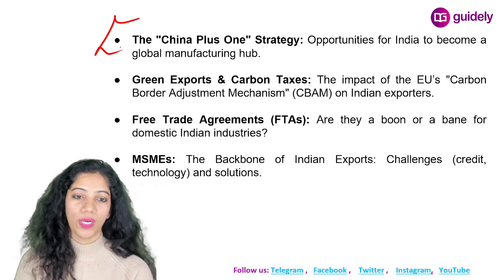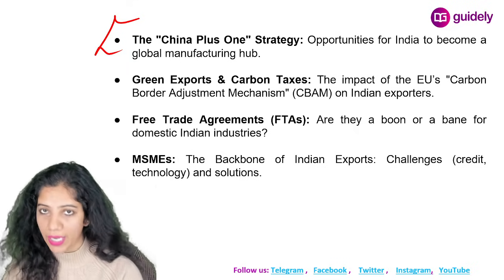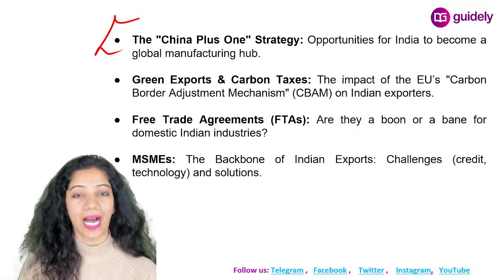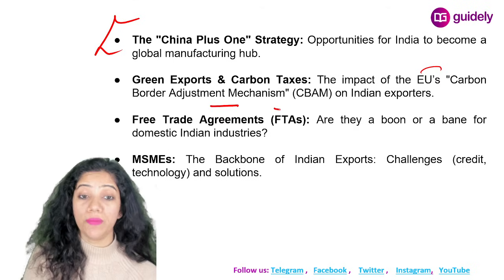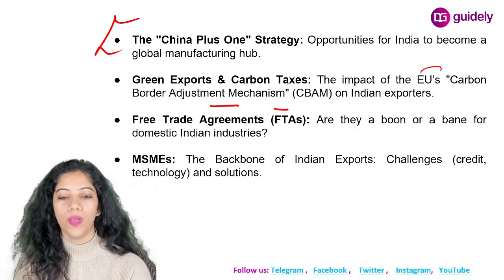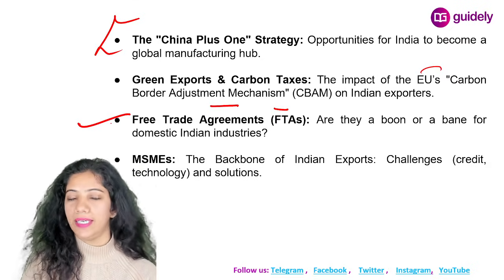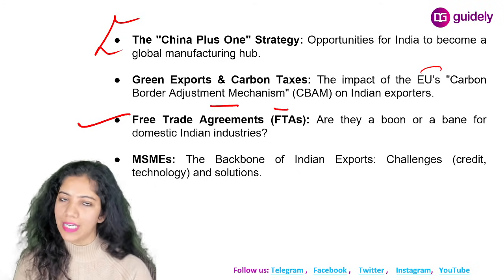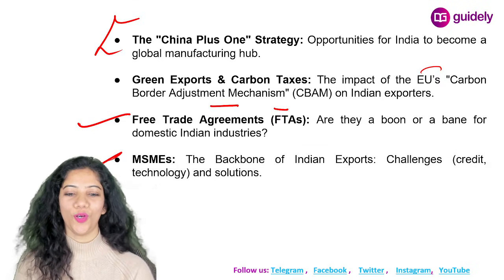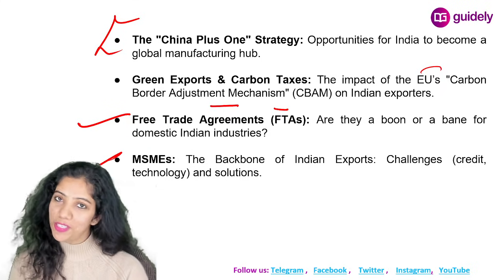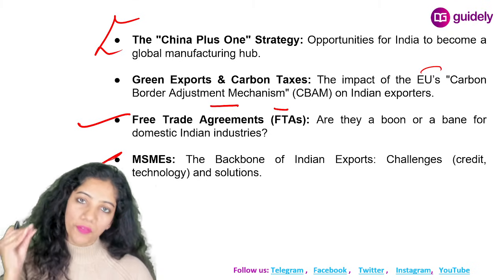The China Plus One strategy, opportunities for India to become a global manufacturing hub. Green exports and carbon taxes, the impact of the EU's Carbon Border Adjustment Mechanism (CBAM) on Indian exporters. Free trade agreements (FTAs), are they a boon or a bane for domestic Indian industries? MSMEs, this is very important, the backbone of Indian exports, challenges, credit, technology, and solutions. So, as I have said, core of this particular